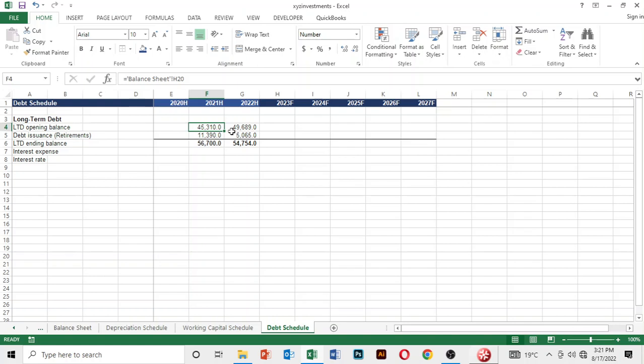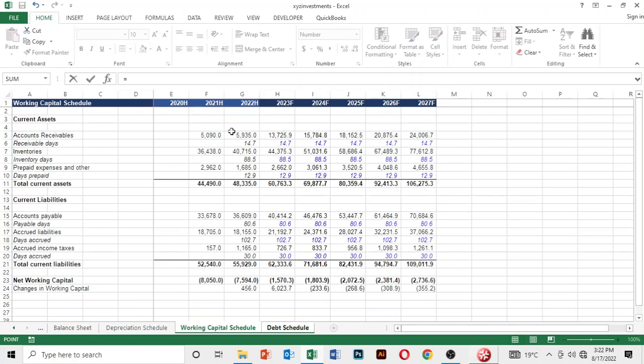All right, so what we need to do right now is, because right now this can be biased for us. So let's delete that. So we come here, because what we are saying is the debt